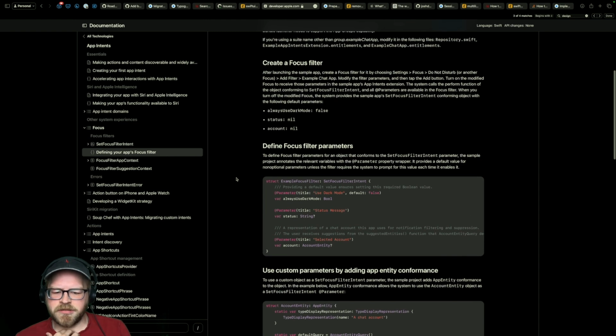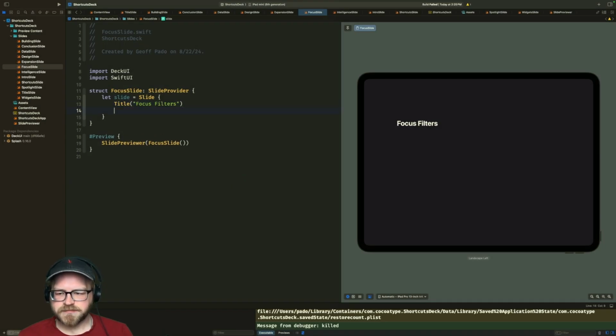I think this is just parameters are going to be whatever, and it allows you to do things. It allows you to expose configuration based on given focuses the user has set. So yeah, that's what we're going to say.